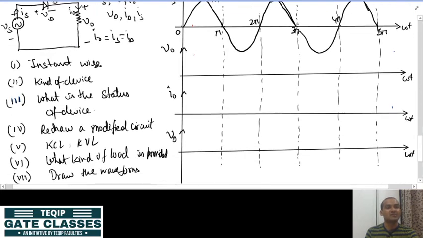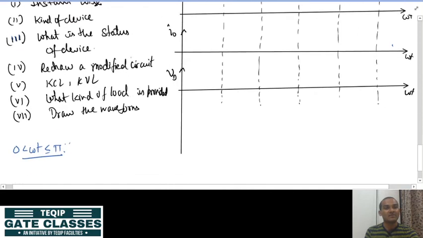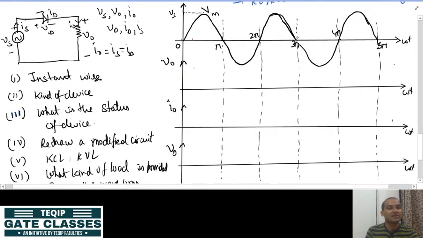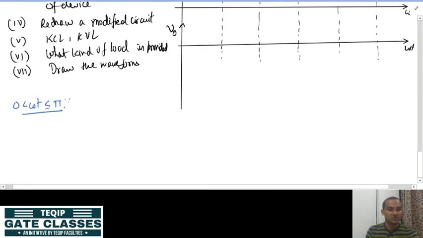Then come to the third step. What is the status of the device during this instant? So, between 0 to pi, what is the status of the device? You will see here that during 0 to pi, the diode is forward biased. So, when the diode is forward biased, obviously the diode will turn on. So, let us redraw a modified circuit, which is the fourth step. This is the modified circuit. I have replaced the diode with a short circuit,